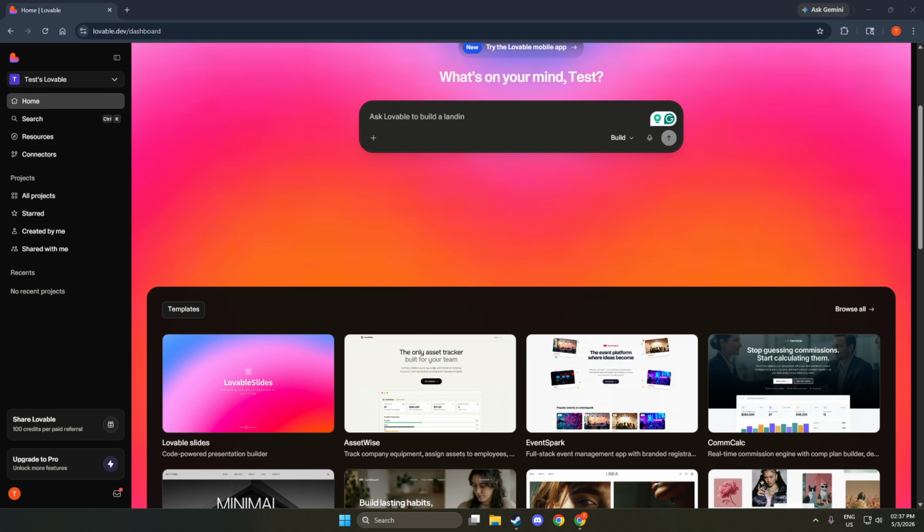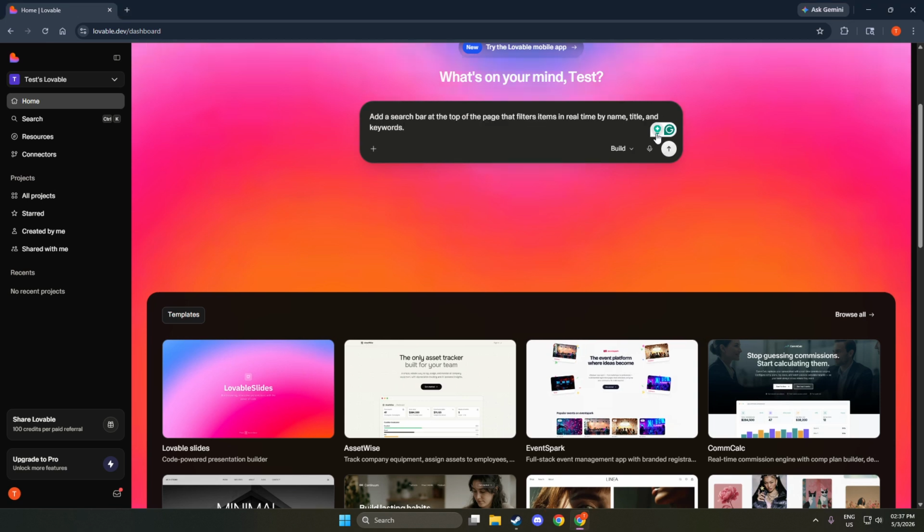So open your Lovable project and use the prompt box. Type exactly this: "Add a search bar at the top of the page that filters items in real time by name, title, and keywords." That's it. Lovable will read your project, understand your data, and scaffold the search input plus the logic to update your list as you type. When the generation finishes, you should see a search input placed at the top of your current